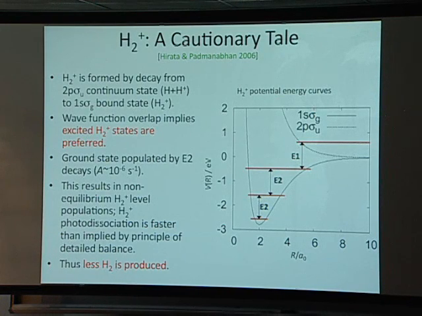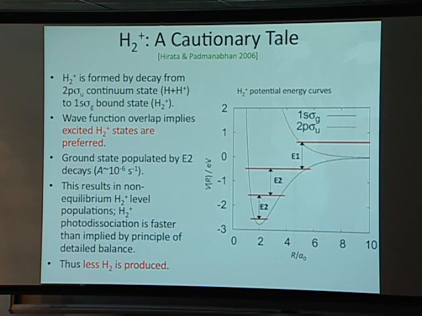The ground electronic state has a minimum at a separation of 2 Bohr radii, about an angstrom, and a binding energy of 2.5 eV, a little more, 2.6, something like that. That's the traditional H2+ that we usually think about. The antisymmetric state is unbound, except for a van der Waals well way out here that I won't concern myself with at the moment. So that's a repulsive potential.